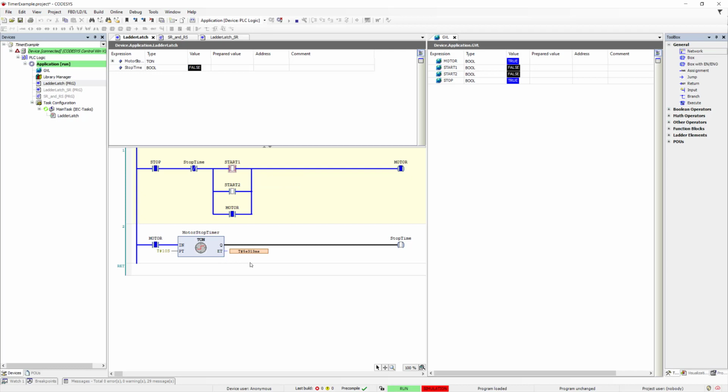And the stop timer is running. It became true very shortly, but enough to stop the motor. Now I see that the timer on block can be used in either function block diagrams or in ladder, and they work in the same